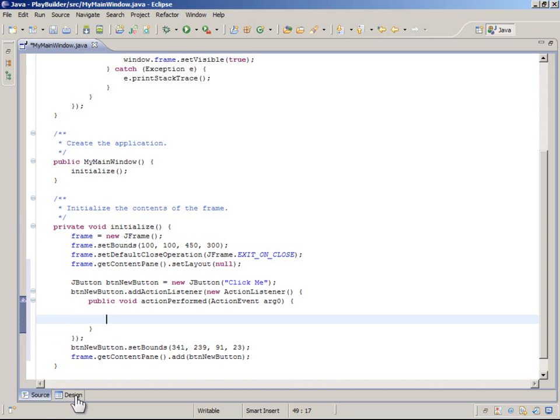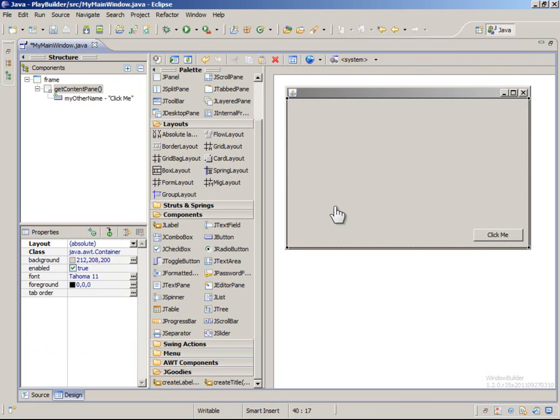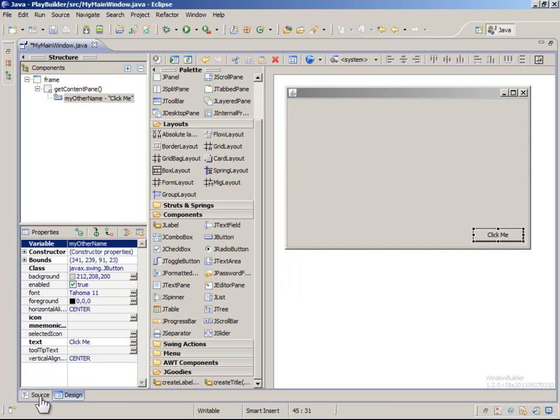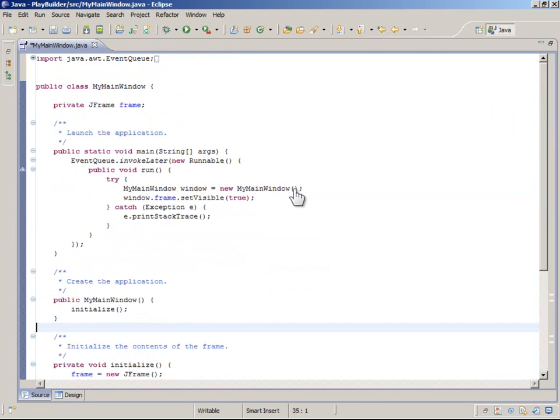What I was really hoping to do was to change the variable name of the button. Here I can do it here. My other name. So it went back to all the source code and renamed that. And it did. That's kind of nice. Okay, it will take you a while